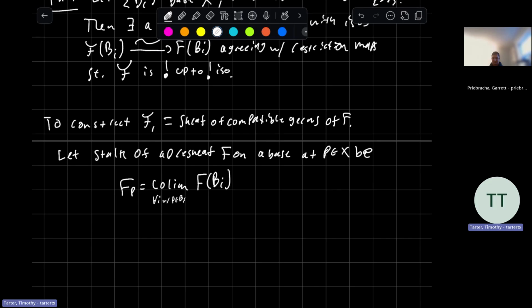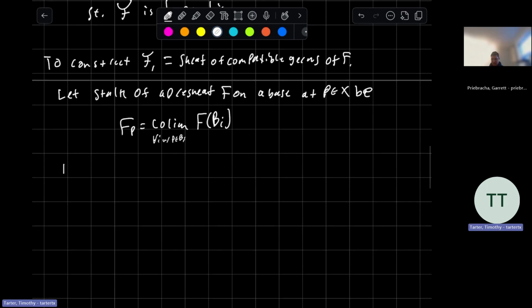It's the collection of compatible germs at P. And then script F ends up being the collection of, script F over U is equal to the stalks in F_P such that P is in U,